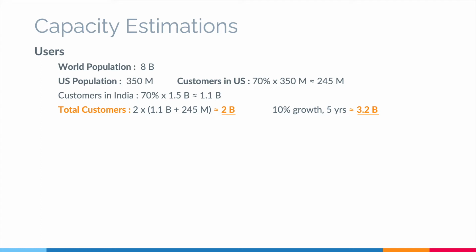Now for the total customers including the rest of the world, let's assume that the same number of customers are in the rest of the world. Since India has a very big population, our total customers will be twice the customers in India and US combined. Adding 245 million to 1.1 billion can be ignored for simplicity of calculation, and 2.2 billion can be approximated